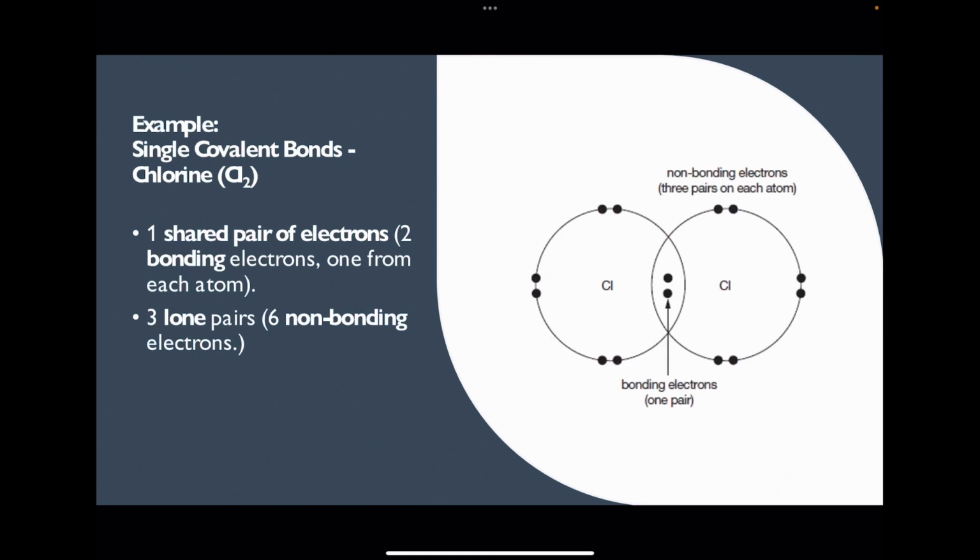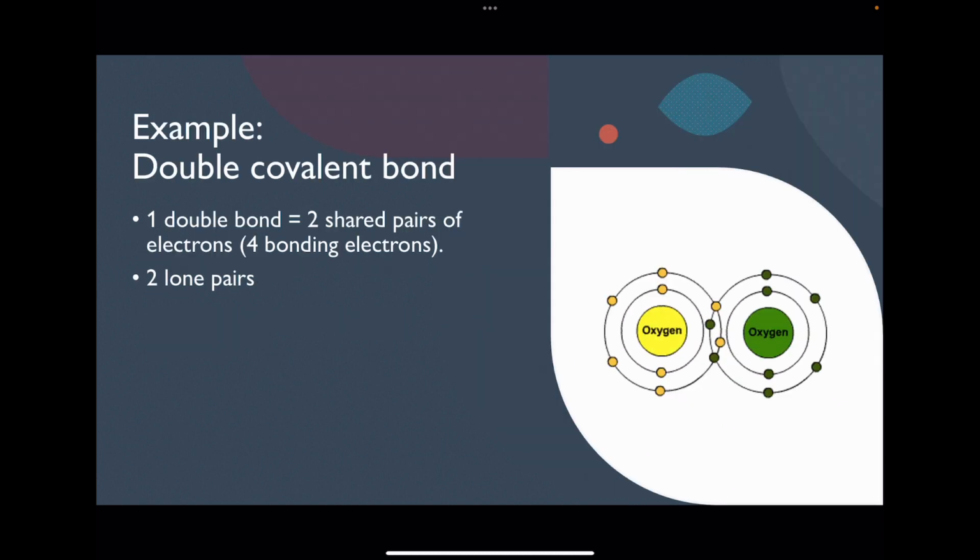So, for examples of single bonds, notable examples of single covalent bonds can be found from group 17 elements, as they all need one more electron in their outer shell. So they share to achieve a perfect 8. One group over, we go to group 16, where atoms tend to need 2 more electrons in their outer shell. Therefore, they form one double bond. As we know, one double bond is not 2 bonds, it's just one type of bond, that's a double bond. And one double bond